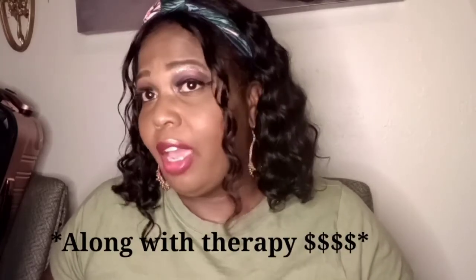Documentation. Y'all, documentation is so important to these facilities. This is documentation, and it is the facility's bread and butter. This is how the facilities get paid. You have to accurately document what you're doing with this patient, what this patient's behavior was. You have to document these things, because say you have a patient, and I learned this kind of late in the game. Say you have a patient that every day